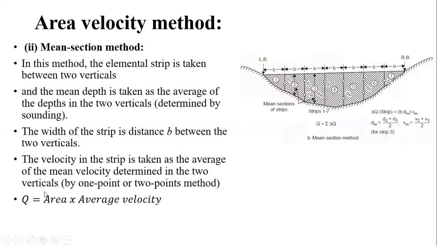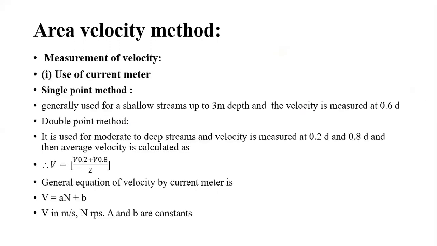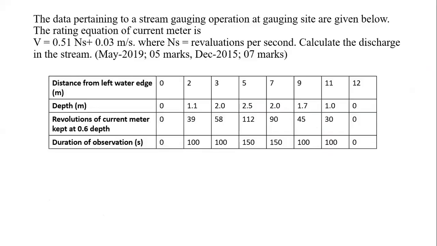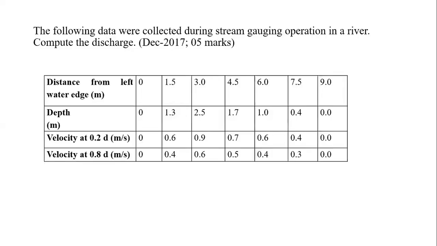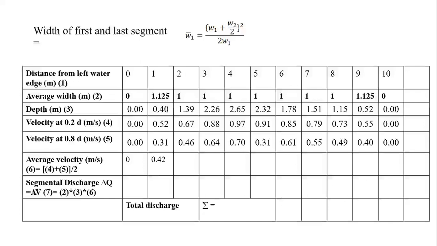So this part we had seen, along with a number of examples also. So today we will go for the next methods, that is the other methods used for measurement of velocity and ultimately the discharge. This is the example which you had kept as homework. Its answer was 6.88, about 6.6 to 6.9 cubic meter per second.